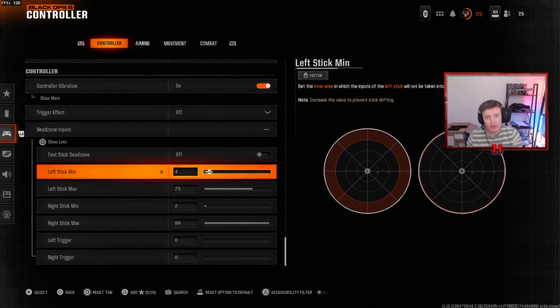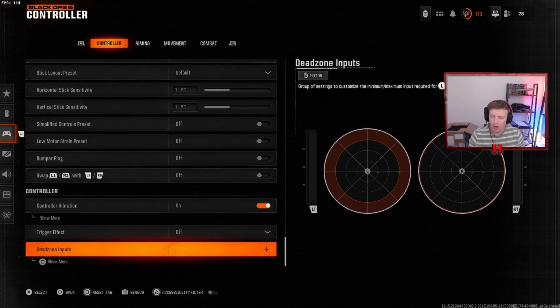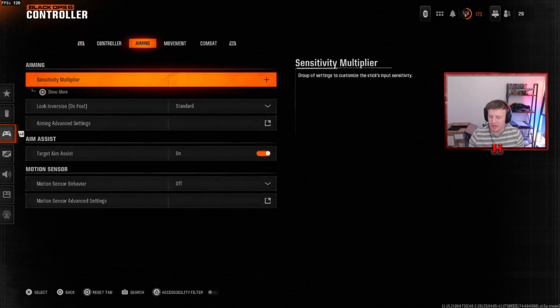So if you have good tension in your sticks and you can control it nice and easily without them being a bit shaky, and you've got barely any stick drift like I have here, your right and left stick dead zones should be relatively low. Yeah, hopefully that explains it. Hopefully that helps. We're now going to be going on to the aiming specific